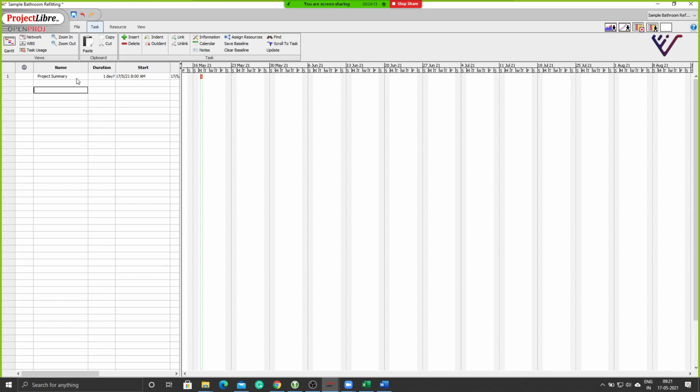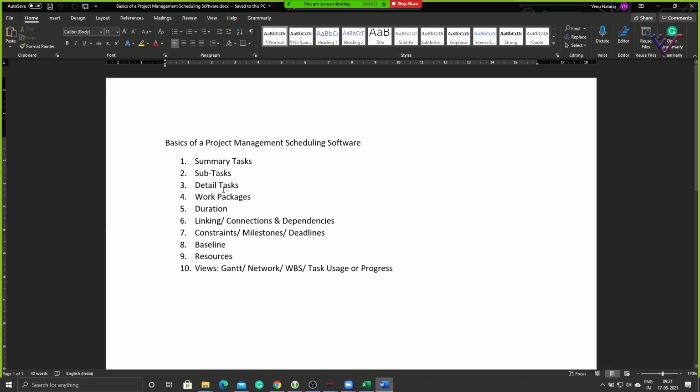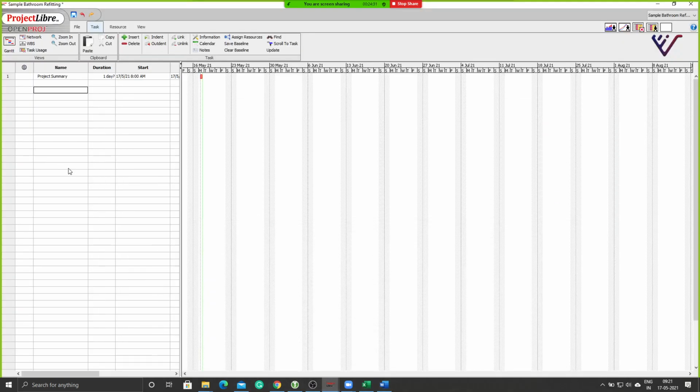The subtask can be a subgrouping or sub-activity within a task in order to complete the task. And the next item which you have here, detailed task. Detailed tasks can be part of subtasks or summary tasks, which will help you break down a unit to the smallest level possible, or break down an activity to the smallest level possible.